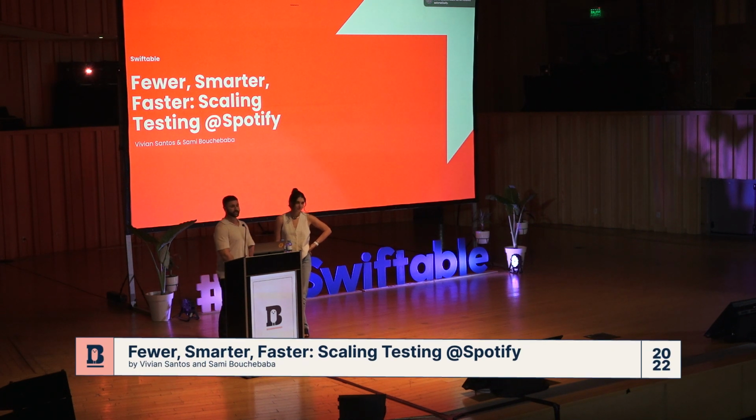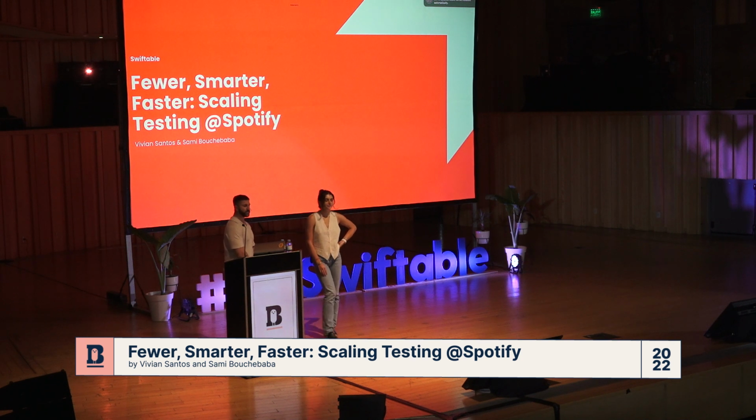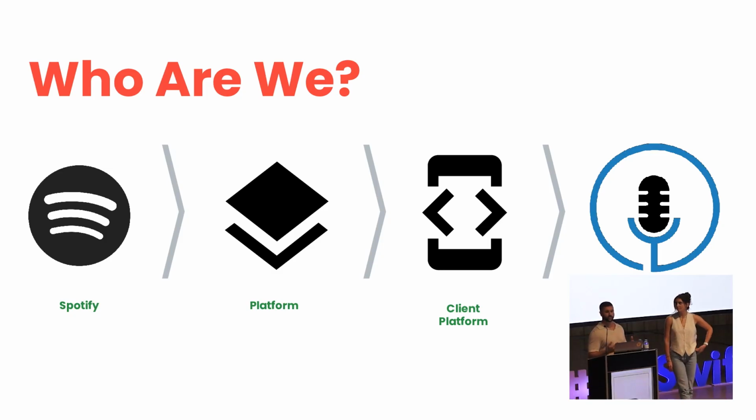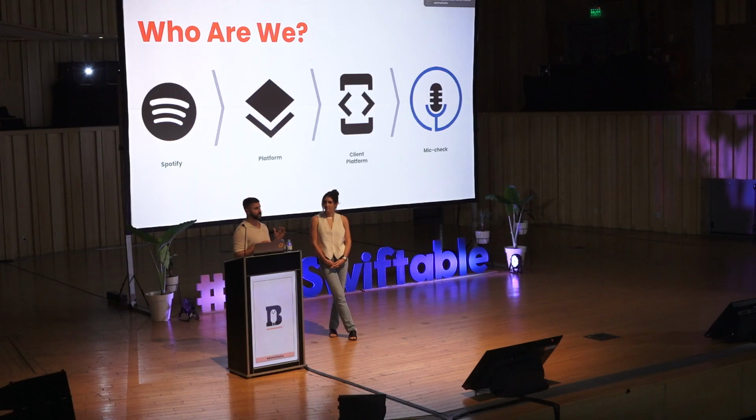So today we're going to be talking about testing at scale at Spotify and how we run fewer, smarter, and faster tests. So quick intro before we start to give you a bit of context. We come from a part of Spotify called Client Platform. It's within the broader platform mission. And we're the organization responsible for the underlying architecture, the tooling, and the developer experience for our client and mobile developers at Spotify. So essentially, we're on a team called Mic Check, and Mic Check's focus is to make the testing